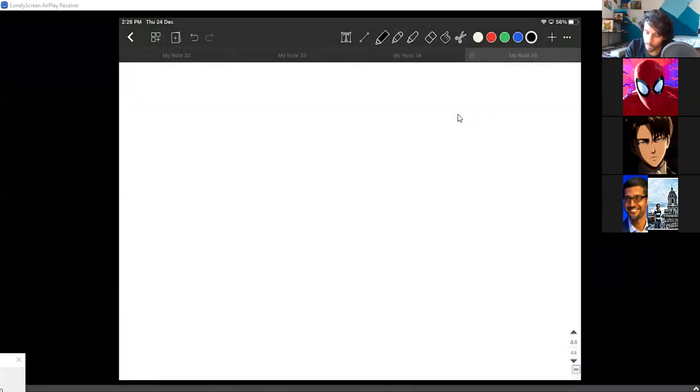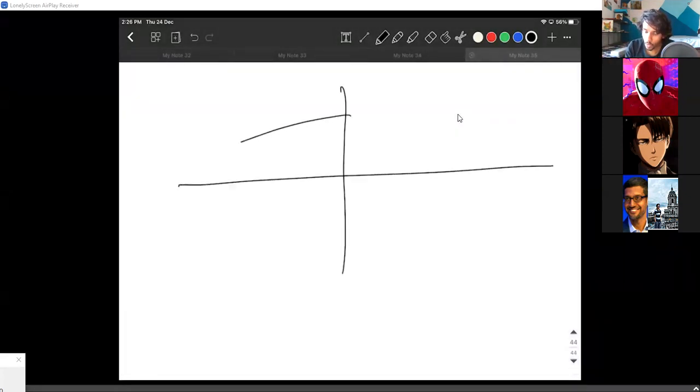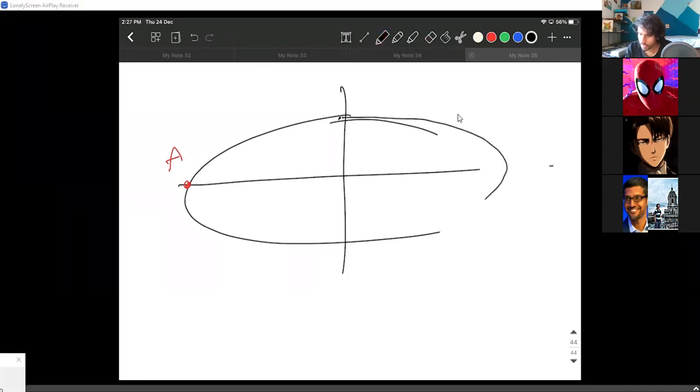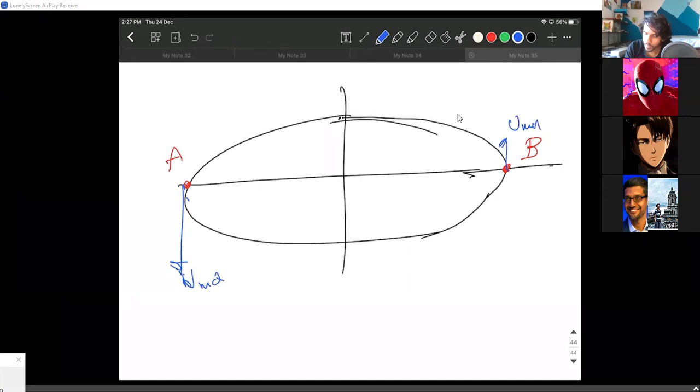No. So I'll give you a hint. Everyone will simply give you the formula, but I'm trying to give you a hint of what you need to do. Let us use the points A and B only. Okay, right. So let's just take the points A and B only. At this point, it has V max. At this point, it has V min. And planet is here, satellite is here.